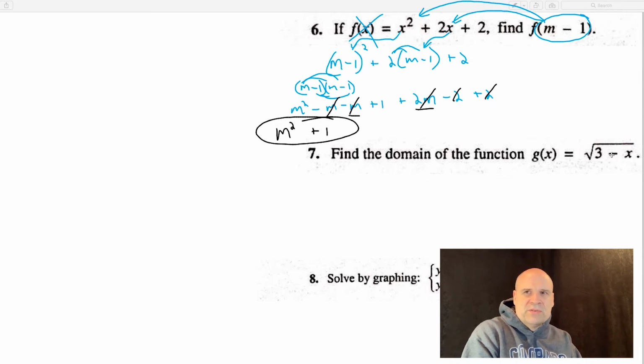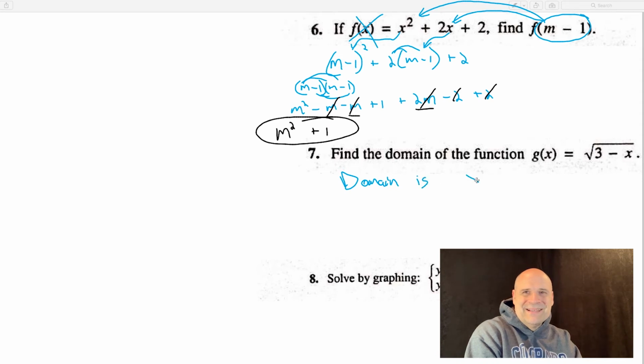So 3 minus 3 is 0, but 3 minus 4 is -1. So that would end up with a negative in the radical. But really anything over 3 would break it. Okay, so 3 minus 3.00000001 would be a -0.99, whatever. Okay, so what we want to do is we want to say the domain